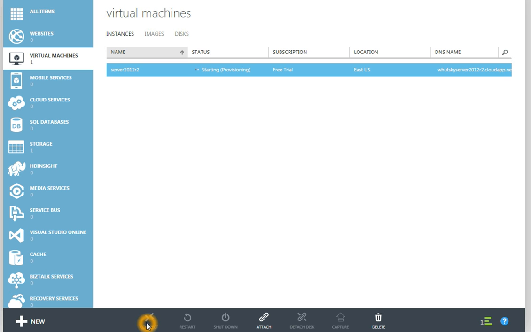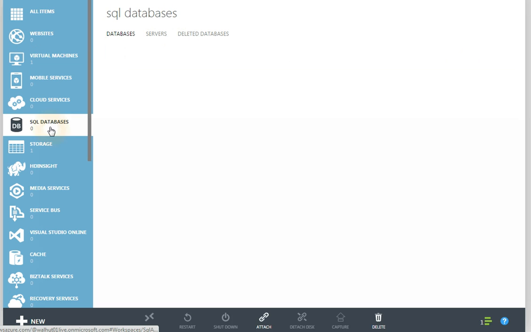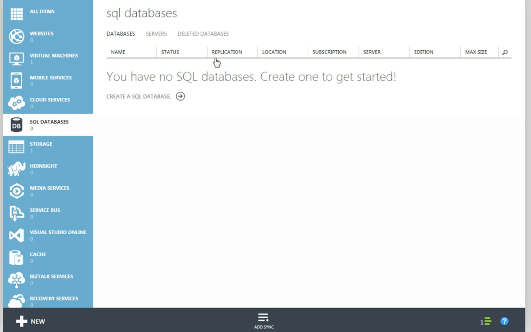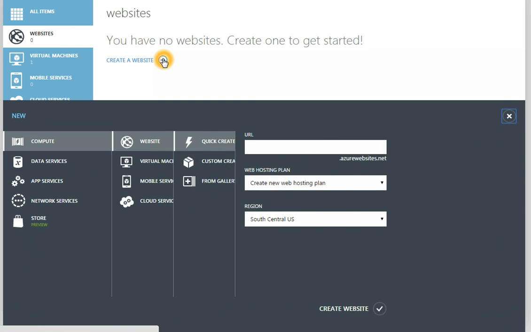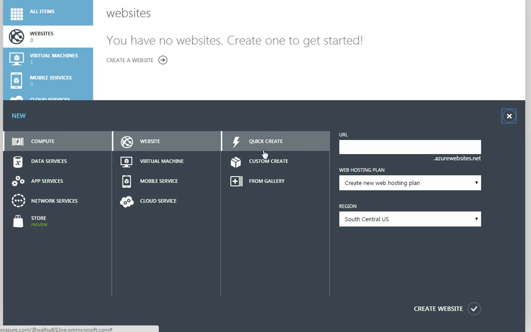Azure seems to be very user-friendly, easy to use. I love some of the other options they have here, such as setting up a SQL database. You could quickly set up a SQL database in a few clicks, have those databases shared across multiple VMs. The websites are another cool option. You could create a website and deploy it with